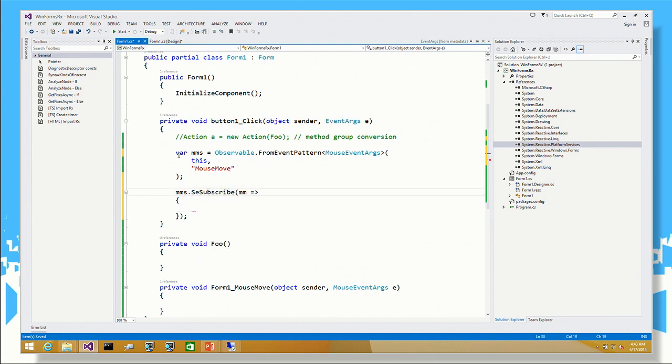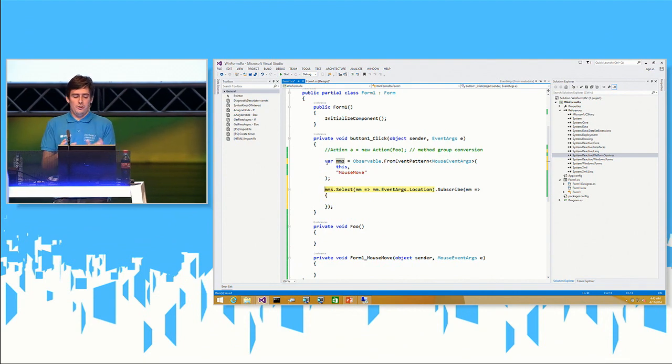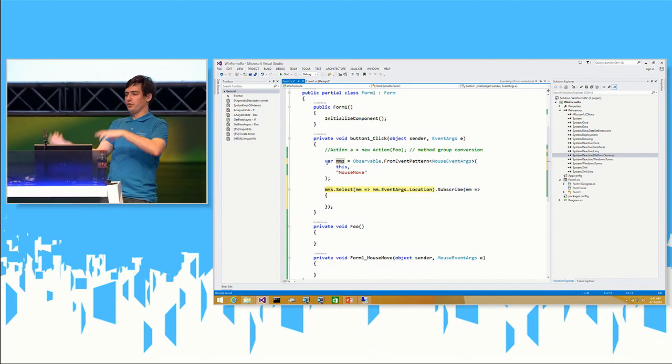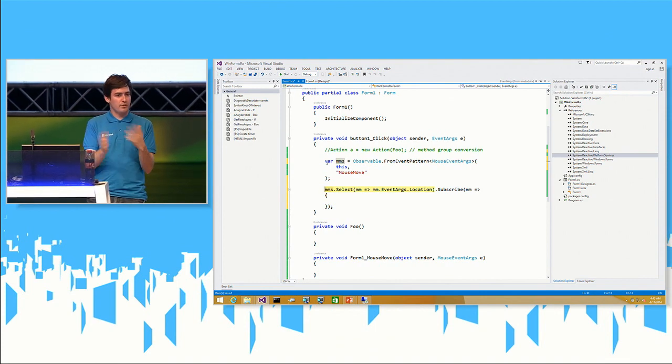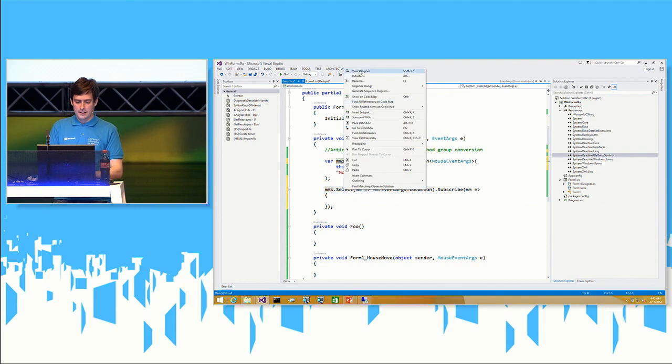Instead, I want to select from the mouse moves, from mouse move to mousemove.eventargs.location. And what this gives me here is an observable of points. So I'm projecting away all the crap I don't care about, and now I have a sequence of points. Now, you could totally refactor that into a helper to convert an event into something that produces points. And then you forget about that, you've written it once and for all. You can just go here, right-click, and say,